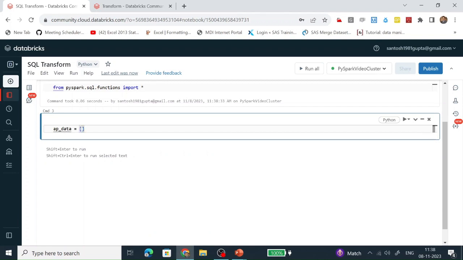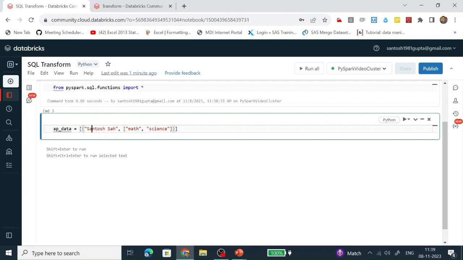In this list variable, I am going to define three objects. In this object, there is one column of array type: math, science.